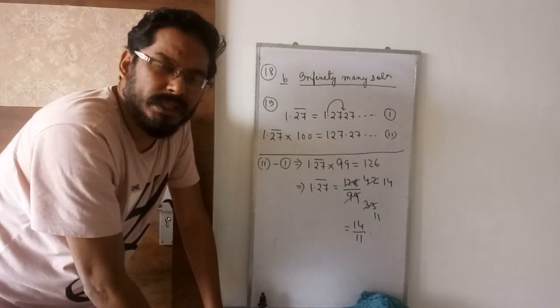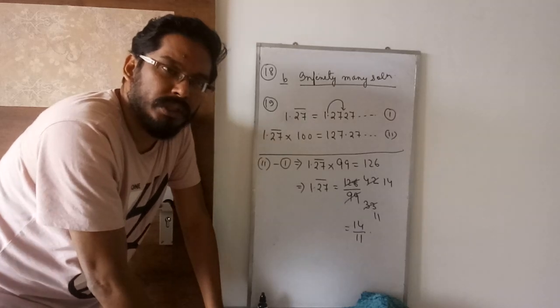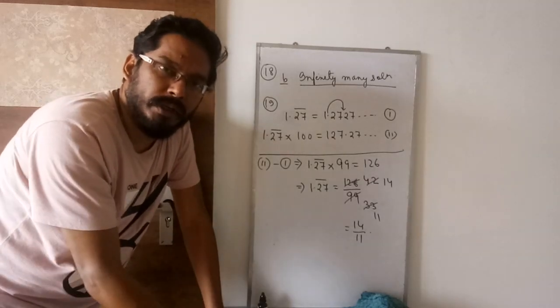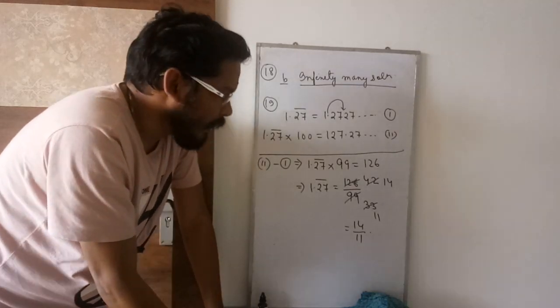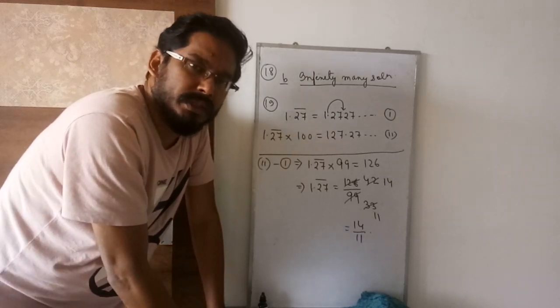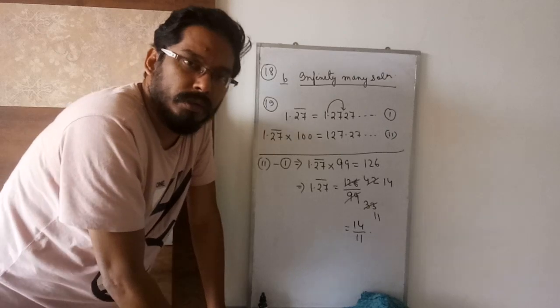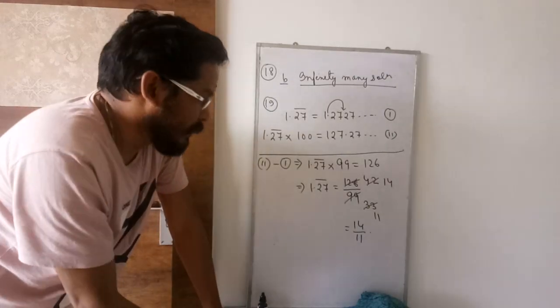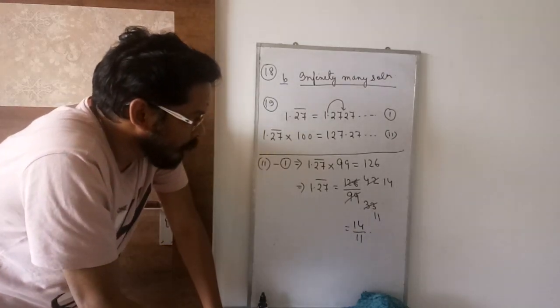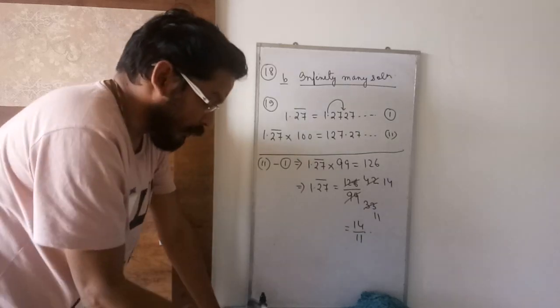I repeat again, by chance if I do any plus, minus, multiply or divide wrong, you rectify it by yourself. You don't have to inform me, you just rectify, because this is a video and this is a one-time shot. Maybe sometime I may do wrong while doing plus minus. So take the screenshot.